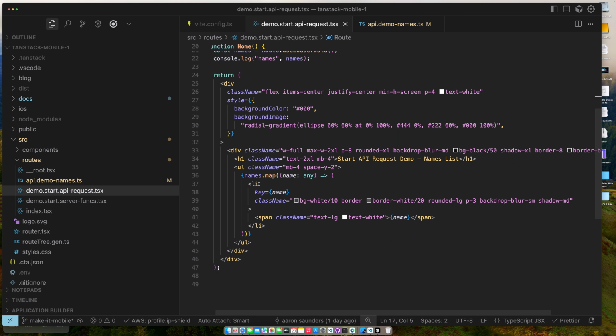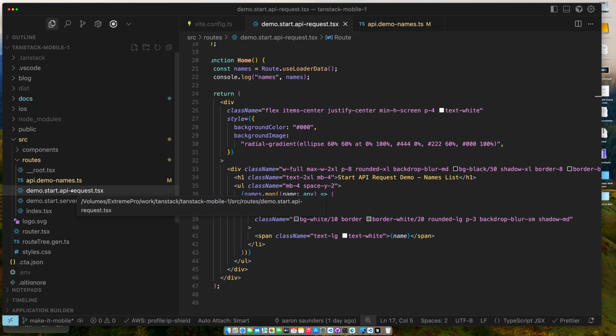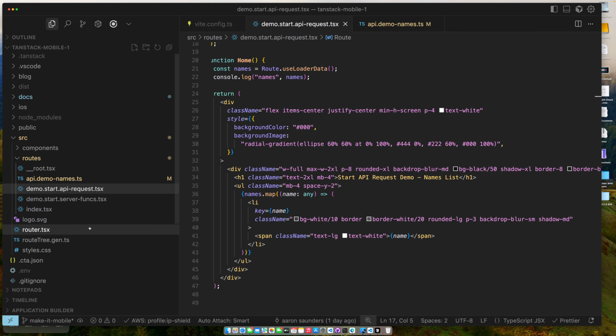And then down here, I just iterate through the names and they show on your page. Let's quickly take a look at the endpoint for the demo names once again. Also, see how they're doing the folder structure. These dots kind of get transferred into slashes. So if you look at this, where we are, this